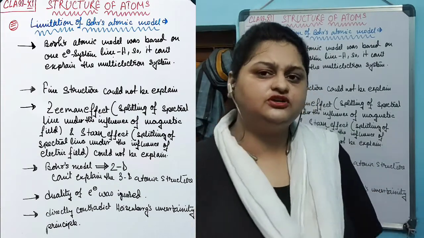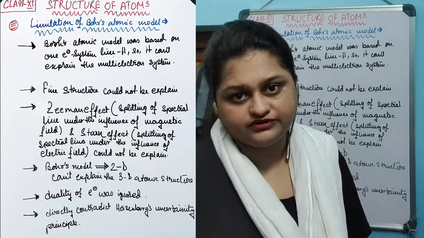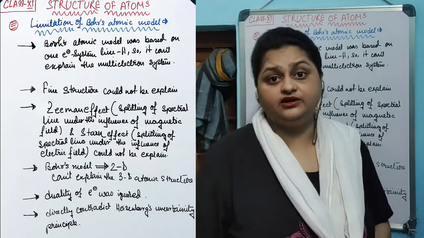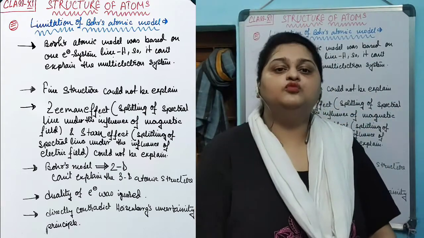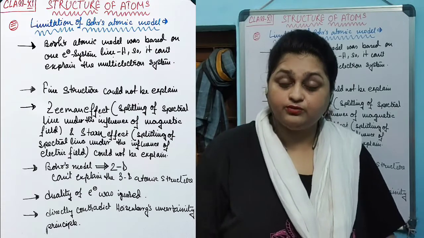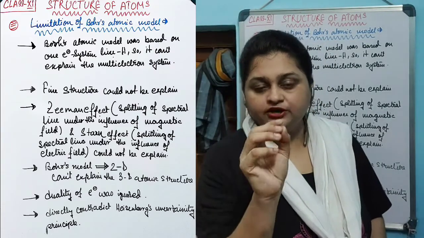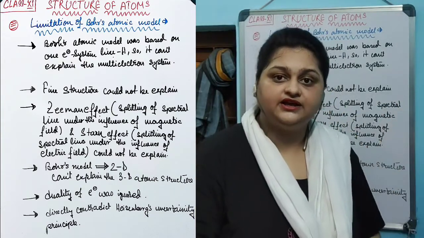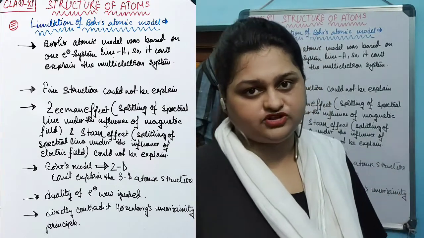The splitting of the spectral line that we just studied is known as the fine structure of the emission spectra. Under a high resolution spectroscope, we get a more resolved emission spectra comprising individual spectral lines within each spectral line that we were getting. This kind of spectra is known as the fine structure of the emission spectra.